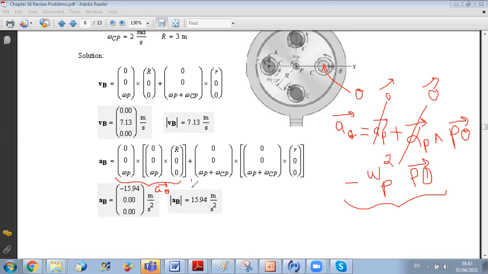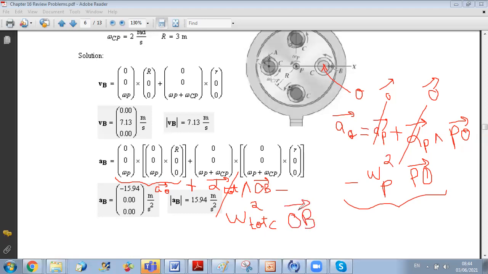Now we should add to AO what? We should add, in this case, alpha total, okay, vectorial OB, but also we have seen that alpha total is 0. So this term will cancel out. And we just have the final term, which is minus omega total of C square times vector OB,